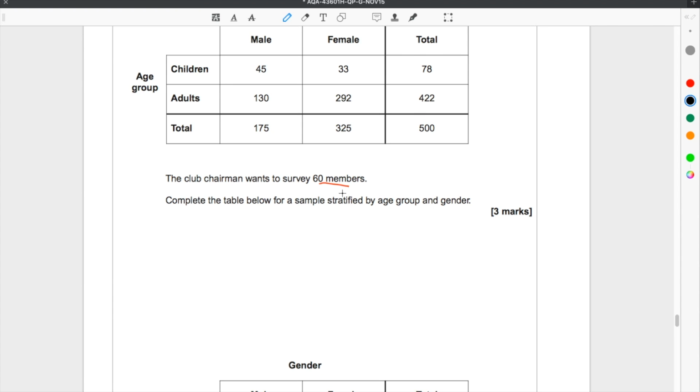So we do 45, first of all, divided by the total, 500, and we have to use this total here, the total of both the column and the row. And we can use our calculator, times by the sample size, which is 60, which gives us